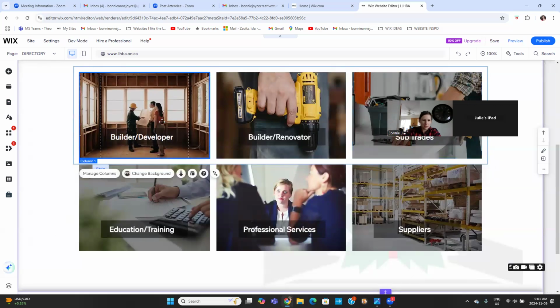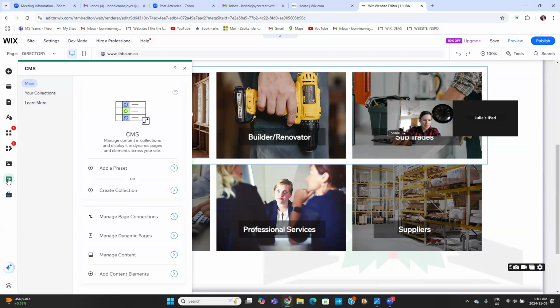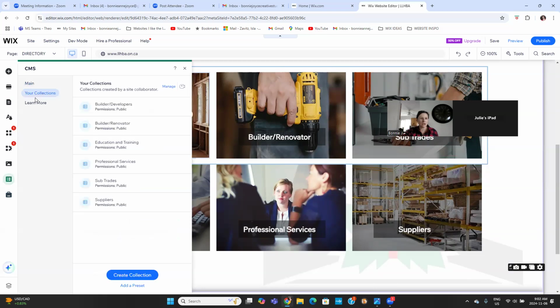And when you click on these, they are hyperlinked to the pages that they go to. The way that the database is set up is you're going to access it through this little button here. It's called the CMS, and it's basically like an Excel file where you put all the different details of your contractors, and it will show it on the website the way that it's designed. So that's really nice because it means that you don't have to design anything. You just put in the details that you want. So you're going to find this in your collections,